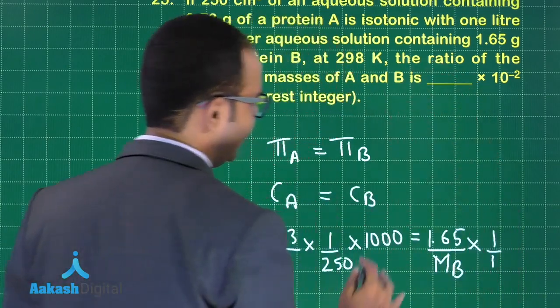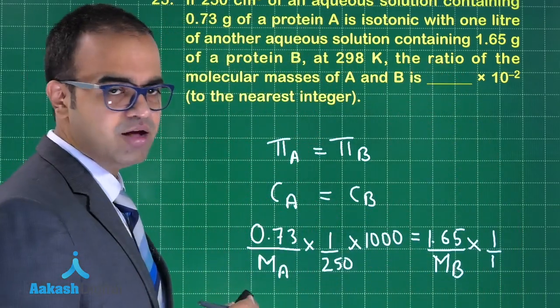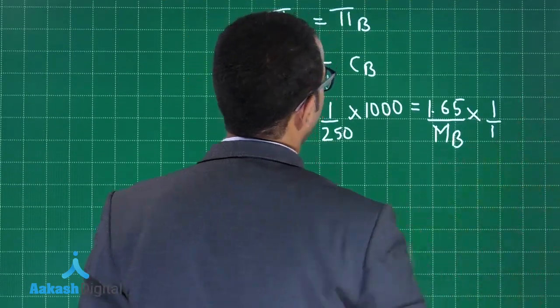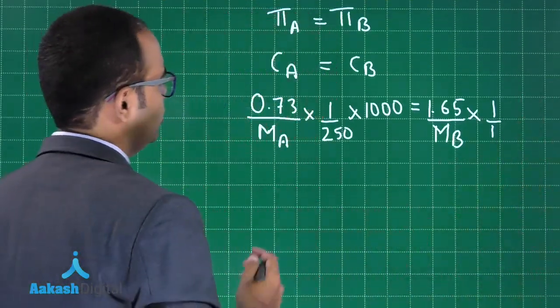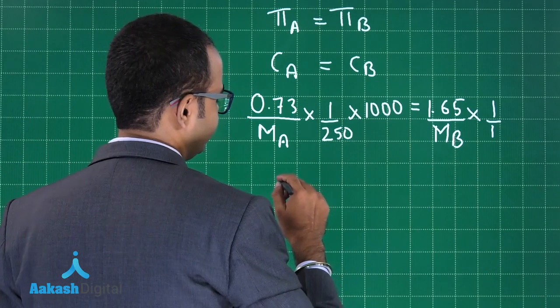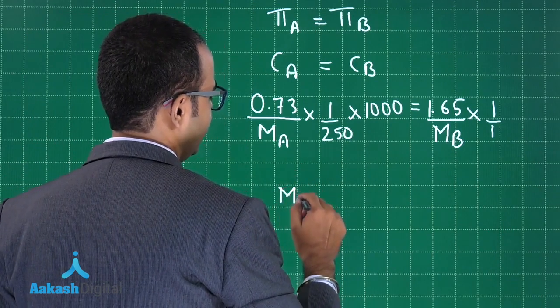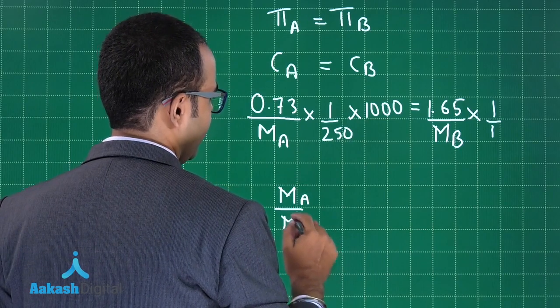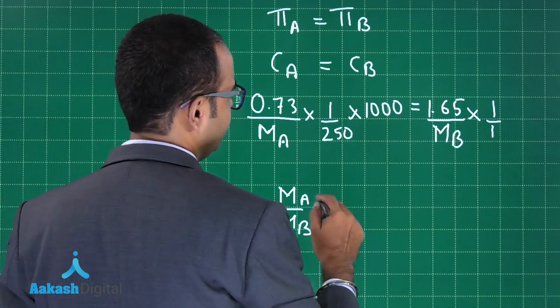The volume is given in liters, so we'll not multiply here by 1000. Okay, so let's proceed ahead. So we have to find MA by MB, right? So MA divided by MB, so this will be equal to